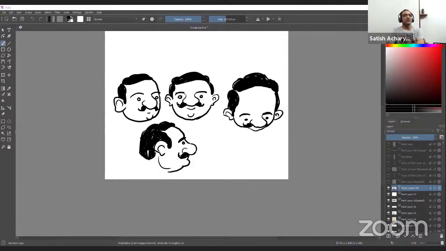So that's how you should educate your kids. They can continue to cartoon, and whenever they find time, if they're really good, they'll make a choice. They can continue to be a professional cartoonist, or they can continue in their particular profession and keep doing sketches also. Maybe post it on social media or share it with friends and relatives. So it can be a great serious hobby also. A great way to express your opinion.